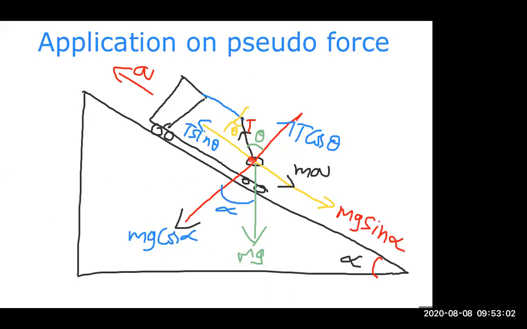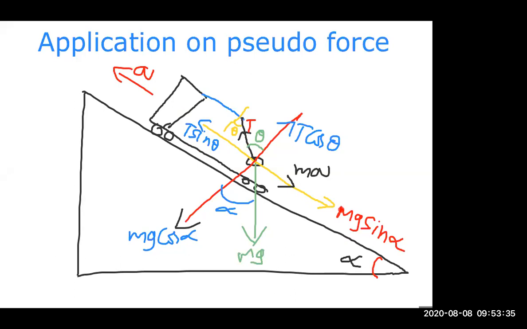This is the tension resolved into components T cos theta and T sin theta, because theta is the angle made by the pendulum with respect to the vertical, and the inclination angle is alpha. So mg is resolved into components, mg cos alpha and mg sin alpha. Parallel to the slope, we have mg sin alpha and T sin theta. Along with that, the third term is MA, which is also in the direction of mg sin alpha. T sin theta is opposite to MA and mg sin alpha.